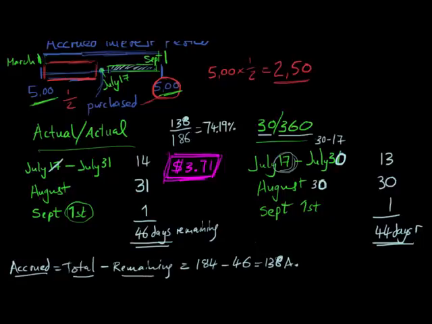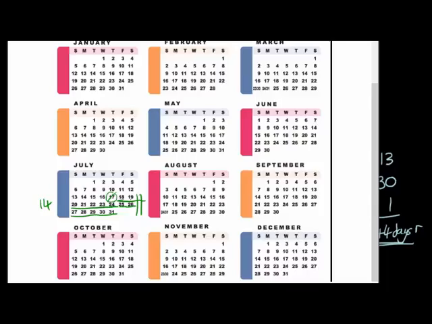However, when we go to the calendar, what we previously had was 184 days in our half year period, but now each month is going to be 30 days, so we're going to have 30, 60, 90, 120, 150, 180 days,